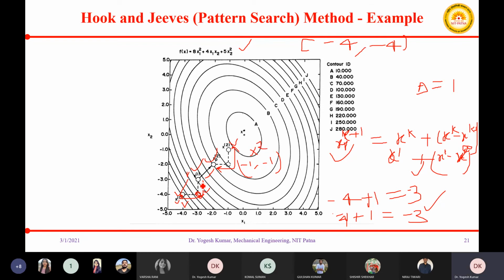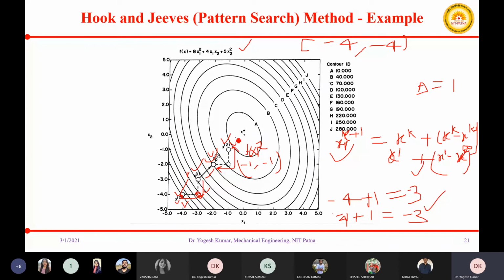This was f(x1), this is x2 in the pattern move, and this is your final x2, which you have found using your exploratory search. Now you will compare this value of f(x2) with the value of f(x1).